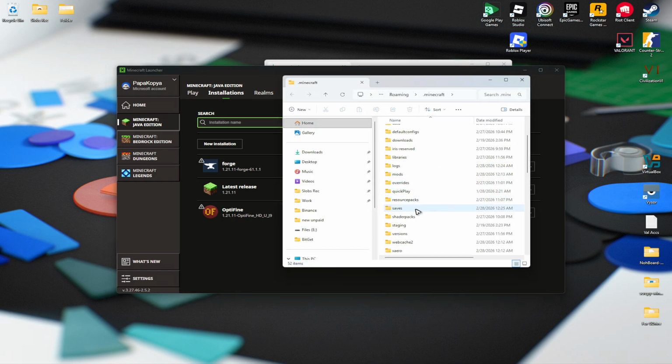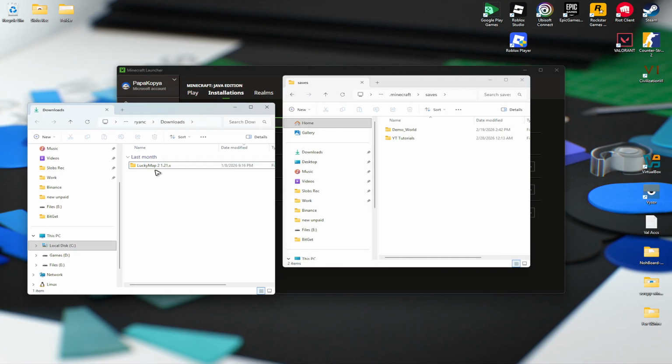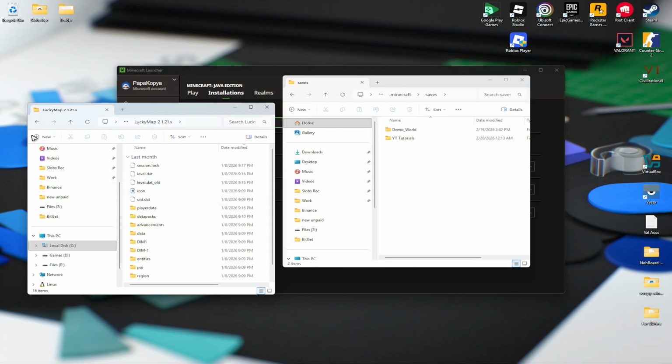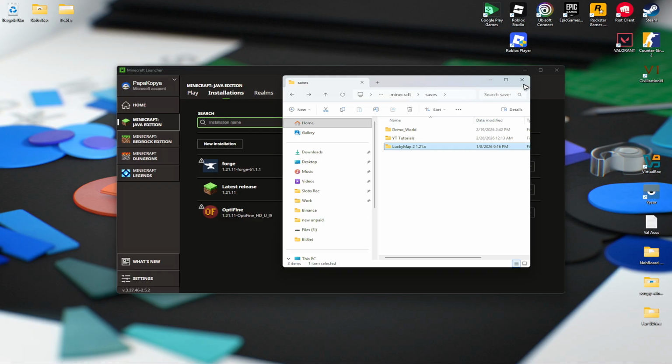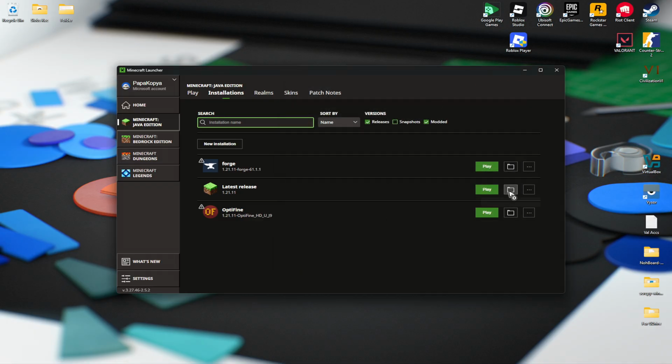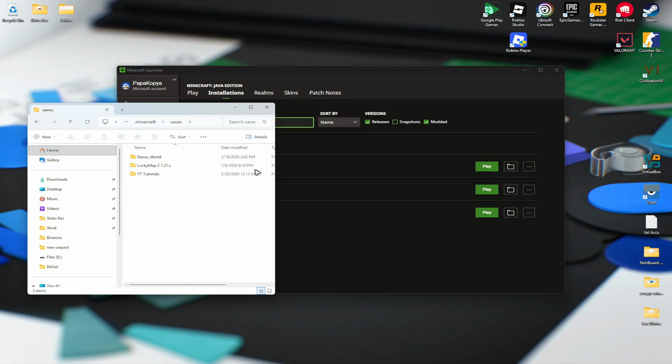Now go ahead over to saves. Open up the Lucky Map folder. Here we have it. So what we're going to do is just transfer it to the saves folder under our Minecraft directory. Now close this one. If you want to go ahead and check, directory saves right here, and here we have